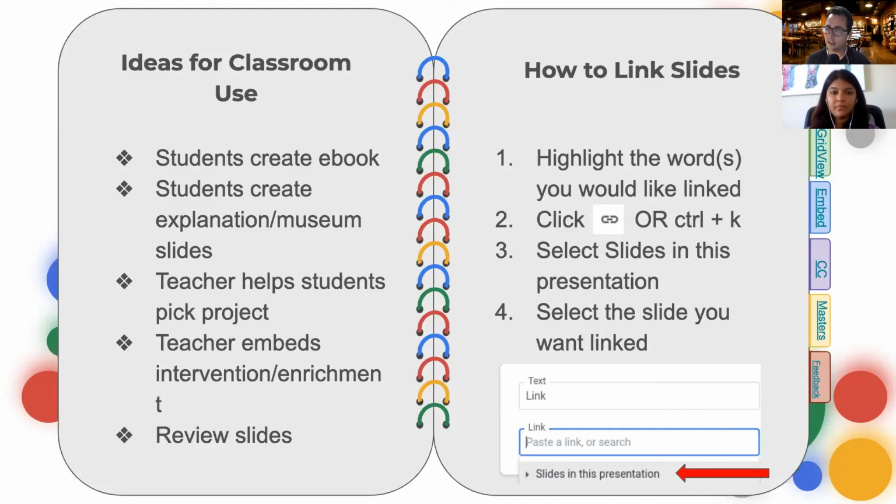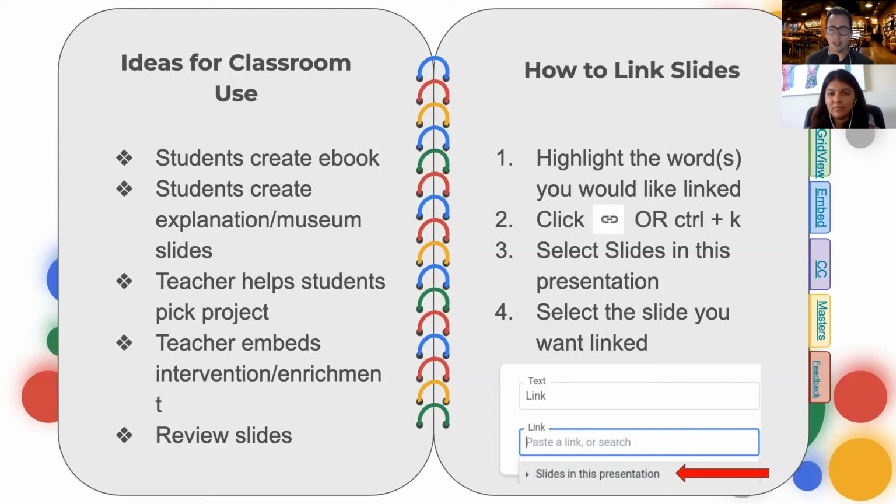Let's say they want to make a poster. They click on that. It takes them to a slide that has directions for a poster. If they wanted to create an ebook, it takes them to the slide that has the directions for the ebook. And then we put those directions on the master slide so they don't delete those directions. Like we said, we can do embedded intervention and enrichment. We can review. And the way that you would do this is you would highlight a word that you want to link,